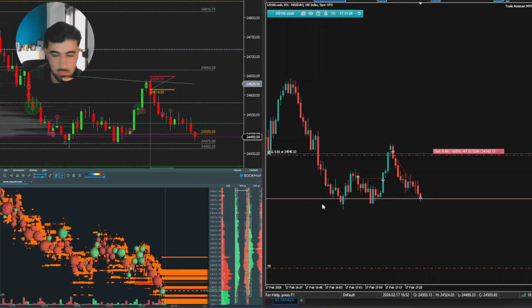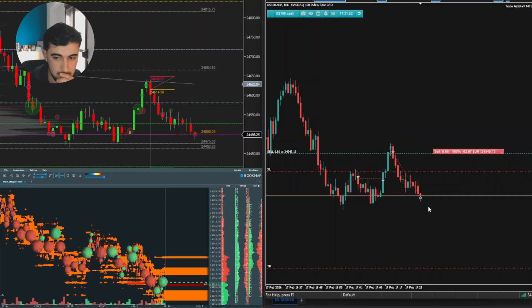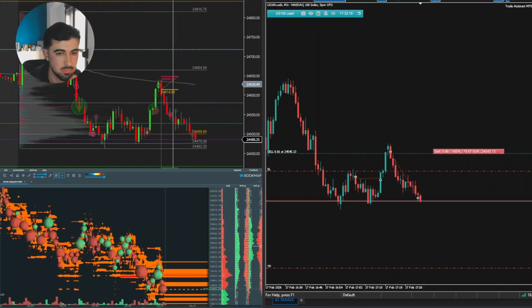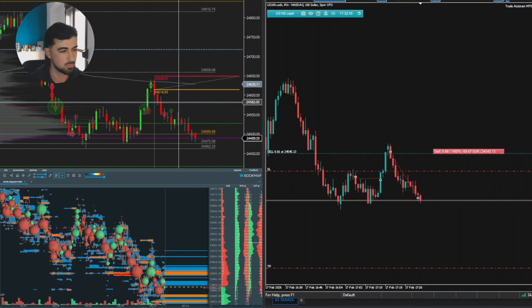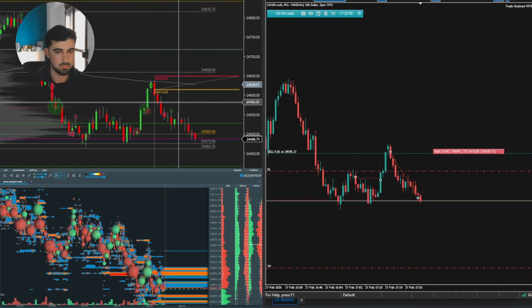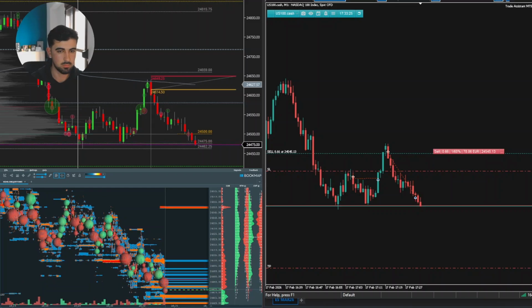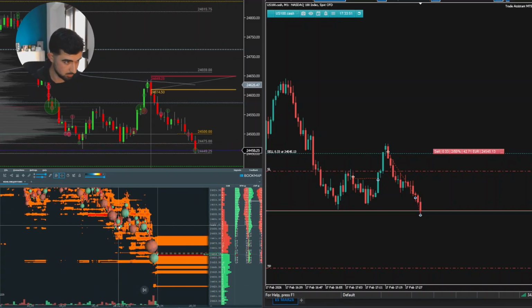So that's why you can see here I took my first partial right above low day because I wasn't sure that it was going to break, and I saw some absorption of sellers at the lows previously, so that's why I decided, okay, I'm going to take a partial here, and my next partial is going to be at a low day break. So here you go, low day gets broken, and that's where I take another partial, and I trail my stop